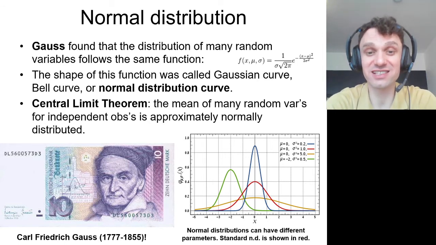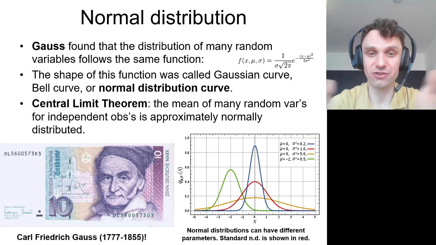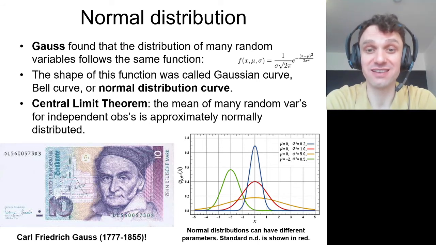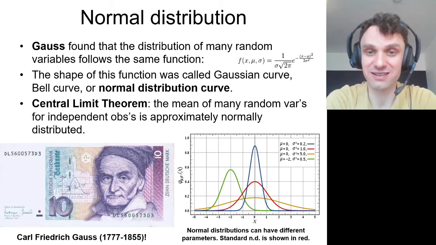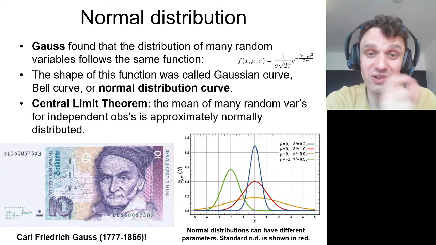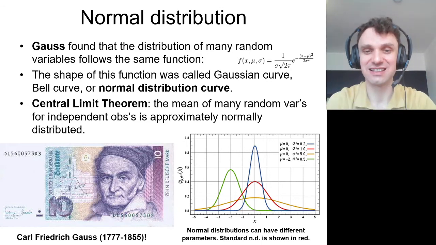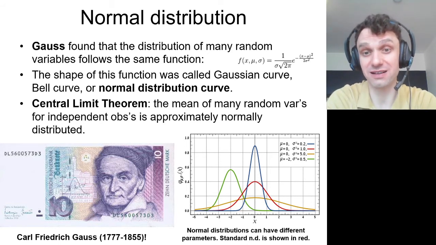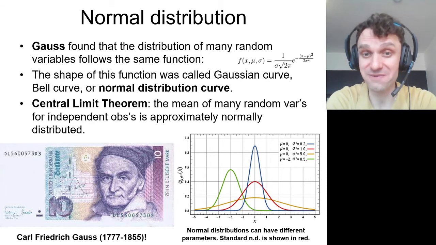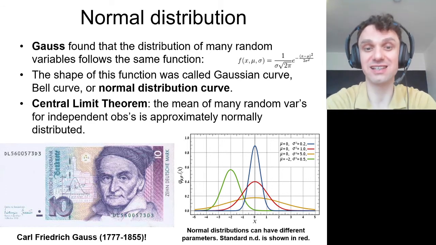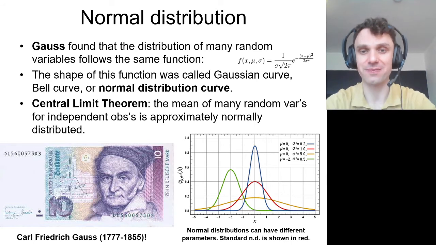And standard deviation describes how widely a normal distribution is spread. So for the blue distribution, the variance is 0.2. The standard deviation will be something like 0.44. It's very small, and you can see it's very condensed. Whereas for the yellow distribution, the variance is 5, and the standard deviation will be 2 point something. So it's quite large, and you can see that this distribution is spread widely.